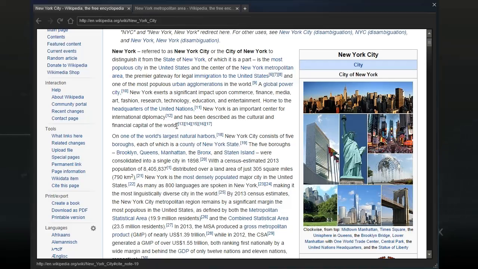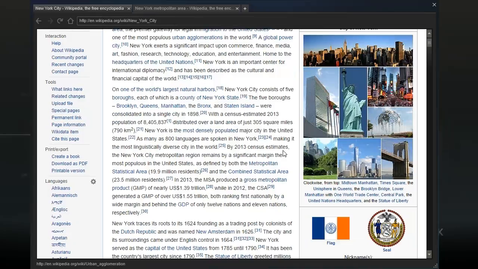I mean, there have been some fairly important cities in the past. Rome, for example, Istanbul, London, Paris, maybe Beijing to a certain extent, and New York. Like some of the most important cities in the world. New York ranks definitely as one of the most important. If not historically, because New York is not that old, but definitely today it is still one of the most important cities in the world.